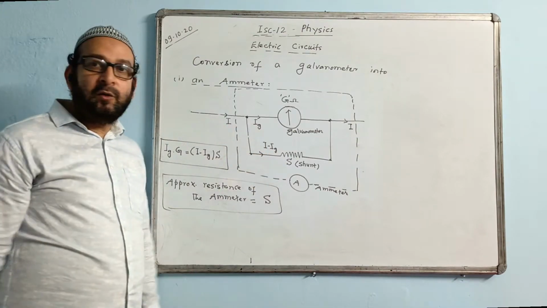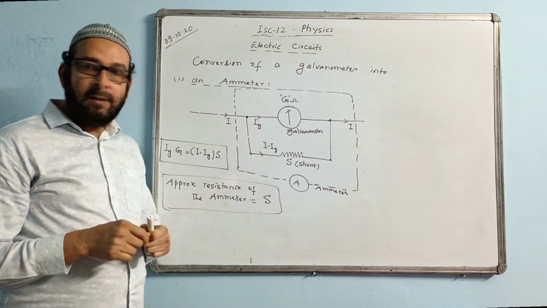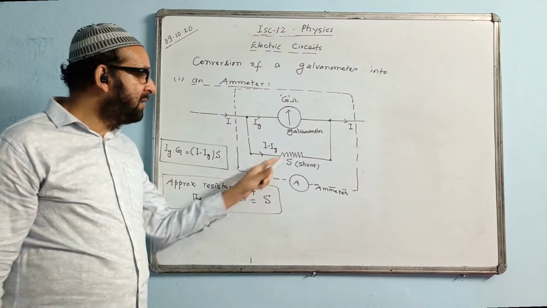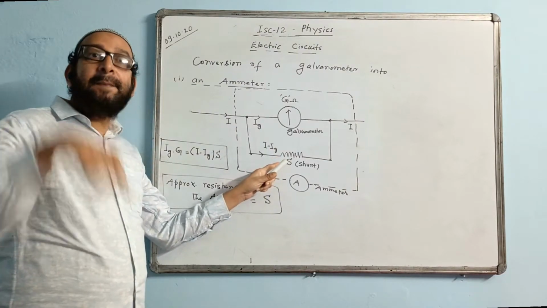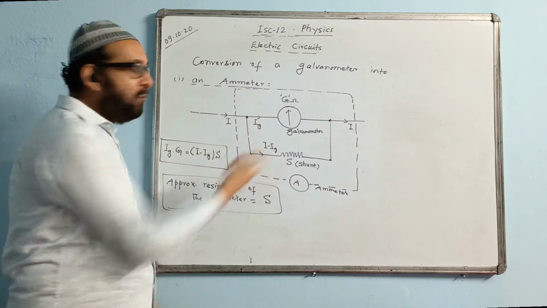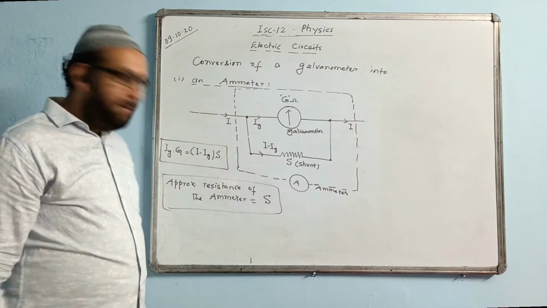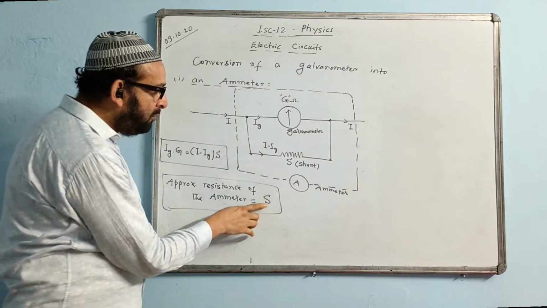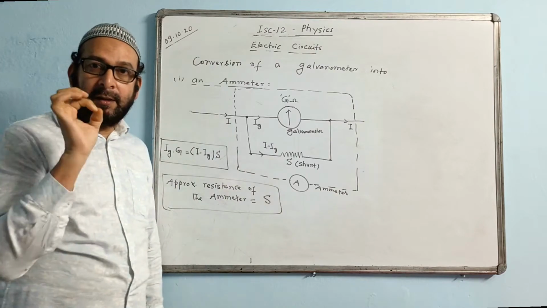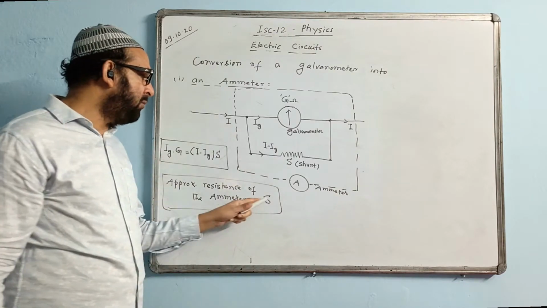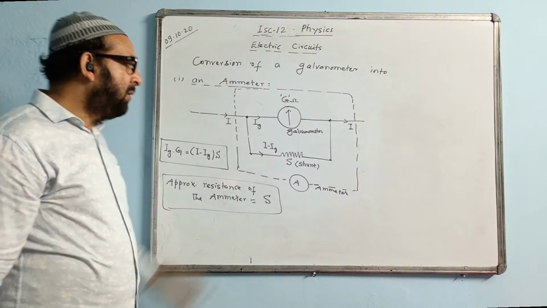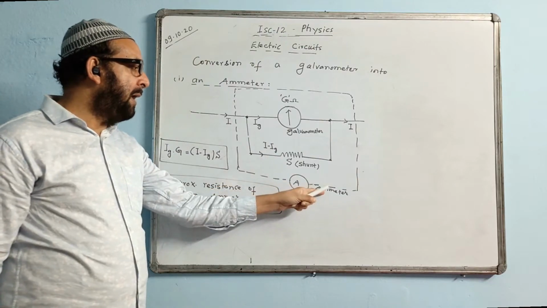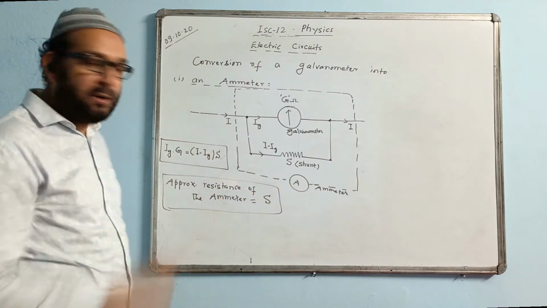When you put resistances in parallel, your answer comes less than the least one. Your answer will come slightly lesser than this value. In parallel, the answer is less than the least. Your answer will come slightly less than this, which we approximate, and it becomes equal to this value, because this already has a very low value. That is, the approximate resistance of the entire ammeter, of the entire circuit, will be equal to the value of the shunt. Not the very exact value, but the approximate value will be equal to the value of the shunt, whatever value of shunt we are calculating.